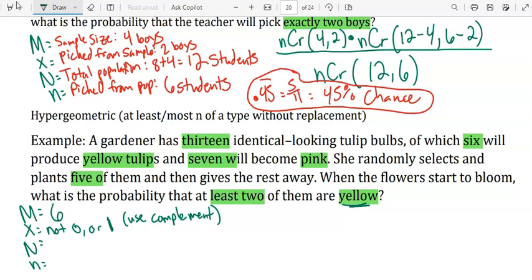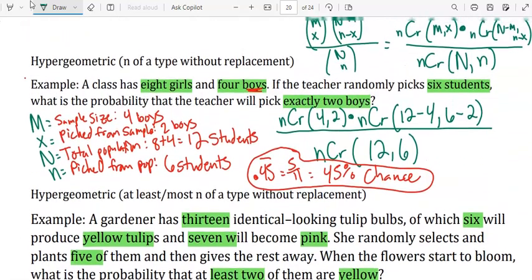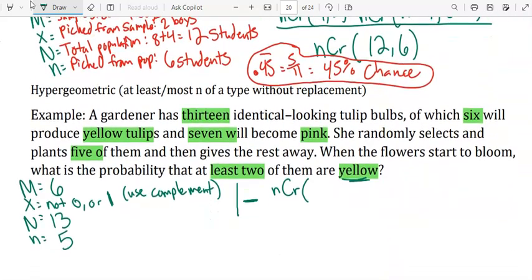And then capital N, we have the total population. There's 13 tulips. And then picked from the population, we have 5. Since it's not 0 or not 1, we're going to have 100% minus the 2 values that we plug into the formula. So if we plug those into the formula, we're going to have 1 minus NCR of M, X, which would be 6, 0